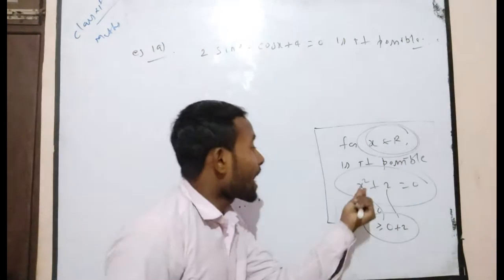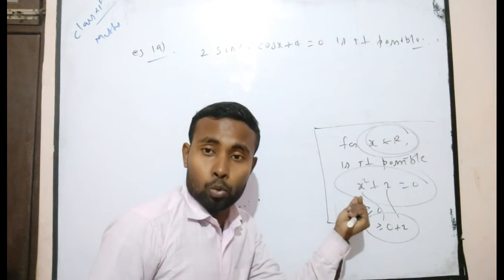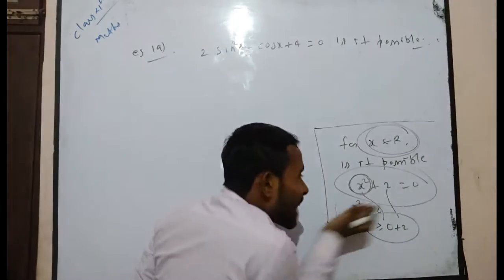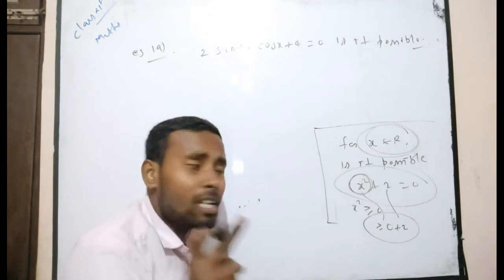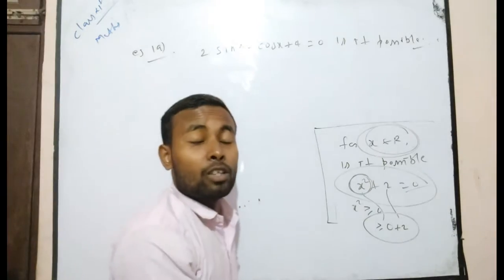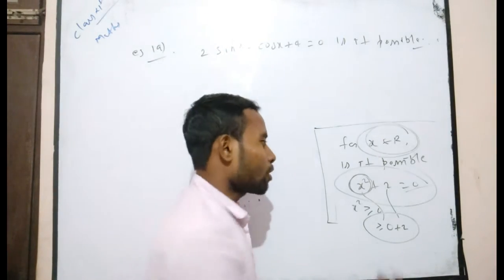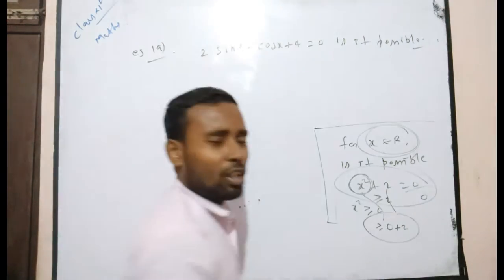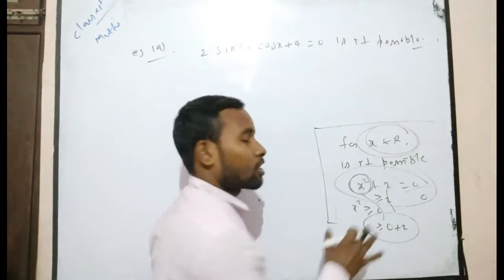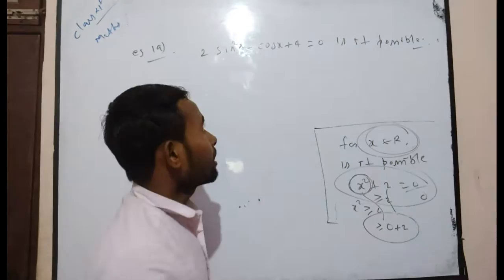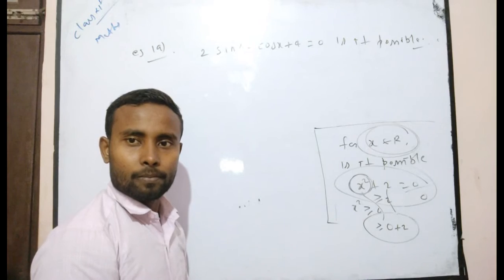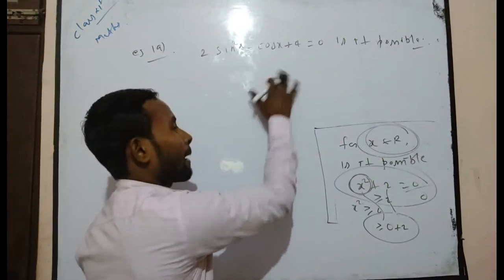Because, as you know, x square is always greater than or equal to 0, in the LHS part you will definitely get greater than or equal to 2. And it is given that the RHS is equal to 0. How can it be possible? It is always greater than or equal to 2 and it is 0. That means there does not exist any value of x for which it is satisfied. Now you have to apply a similar concept to solve this problem.